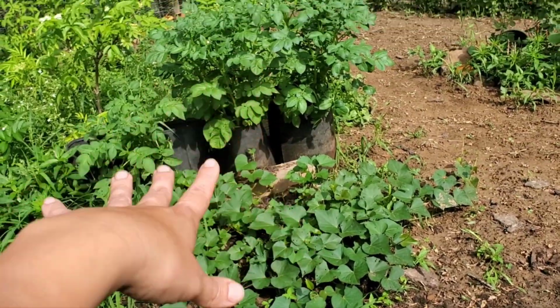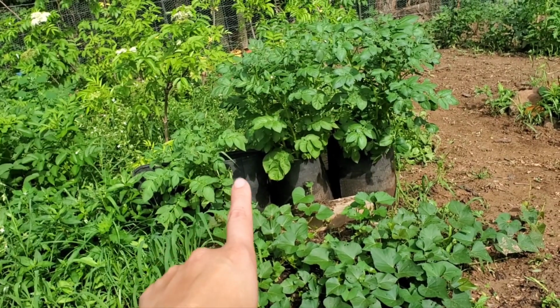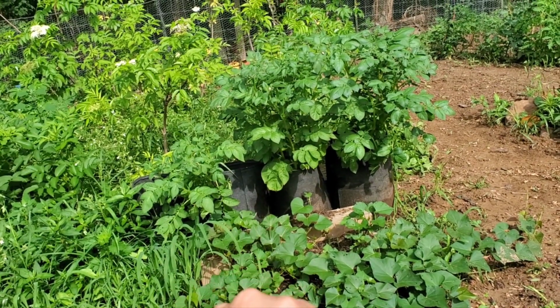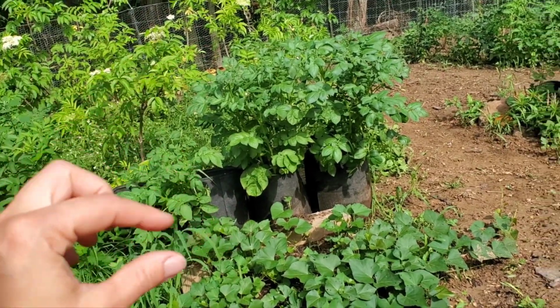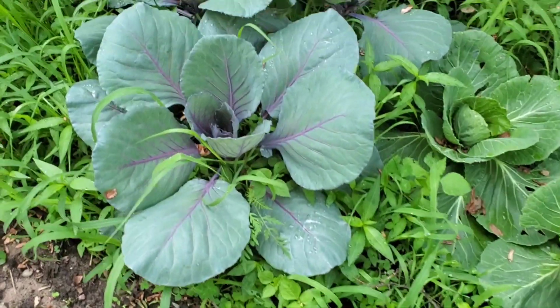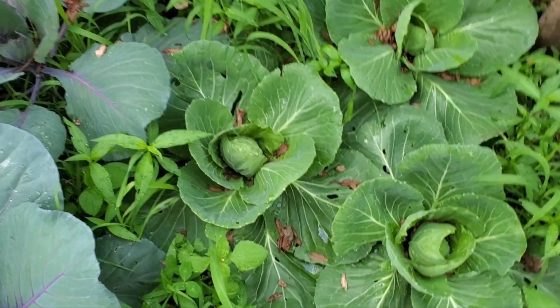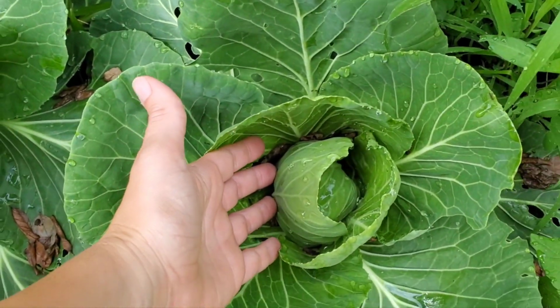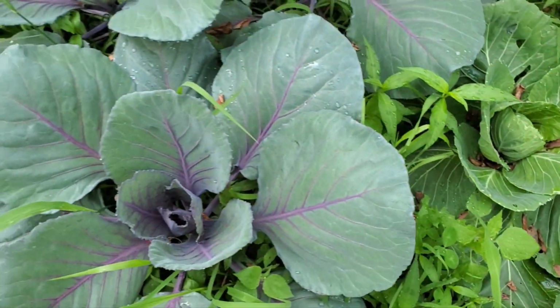Sweet potatoes. My bagged potatoes are doing good. One bag did not grow. I think they rotted, but I got some potato starts for my mom, and those are actually doing well. They're just shorter than the rest, so you can't see it. And then over here I have cabbages growing, which are, again, teeny tiny. If you look at, you know, compared to the size of my hand, usually I have huge cabbages by now,